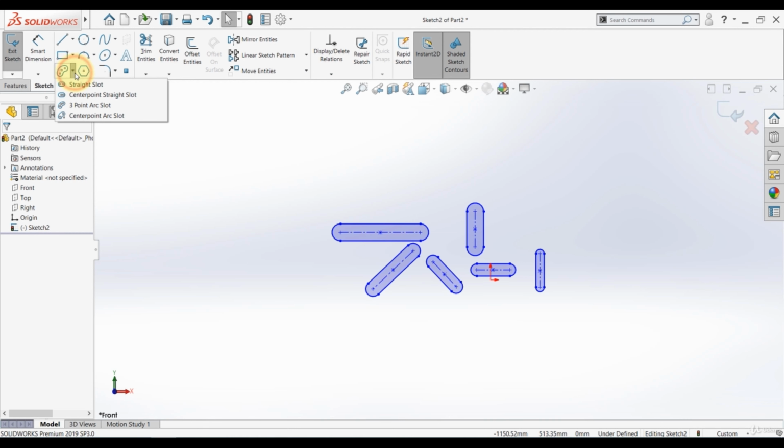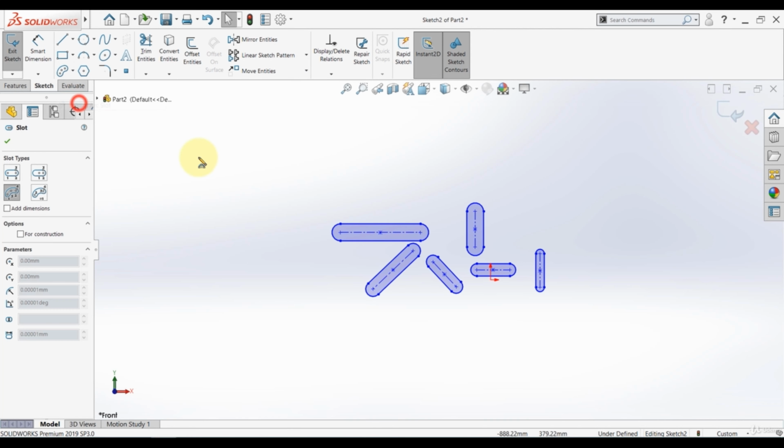The third type is 3-point arc slot. Basically, we will create an arc using 1, 2, 3 clicks. The first click indicates the starting point of the arc, the second click indicates the end point of the arc, and the third click indicates point on the arc itself, and finally, the fourth click defines the width of the slot. So, the first click, the starting point of the arc,